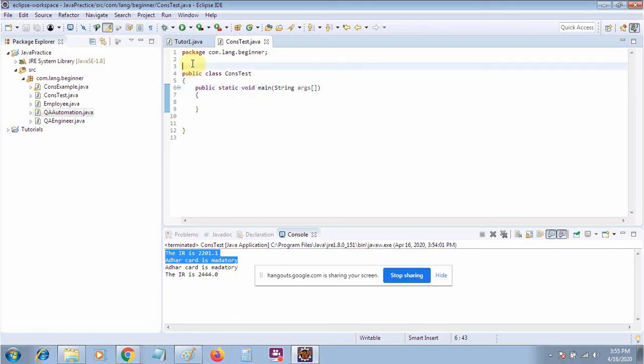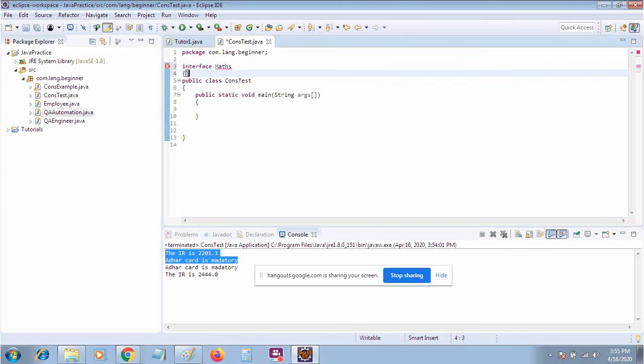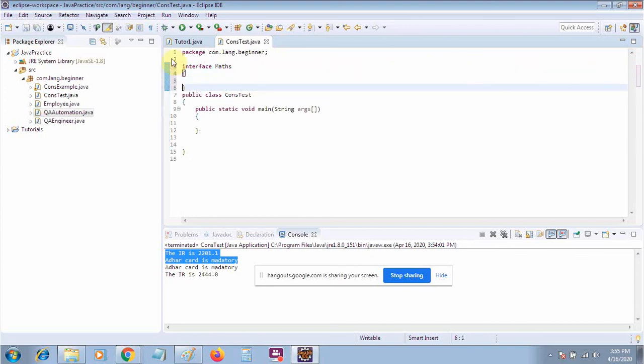First of all, I will show how an interface is created. You just write interface and then the name of that interface. You can give any name. It is very similar to a class, but it is not a class because you don't have an object or instance of it. I will describe all these things. Also the methods inside it, like we are creating a method like public double area.